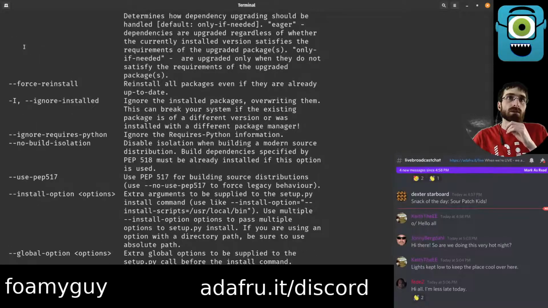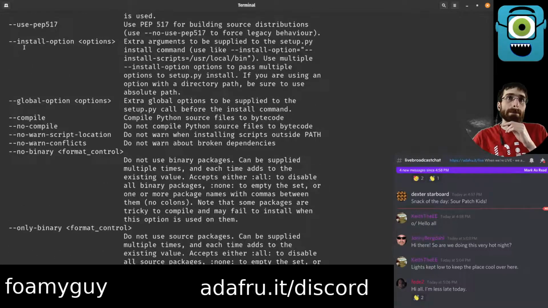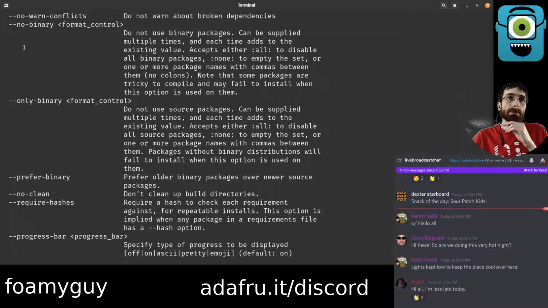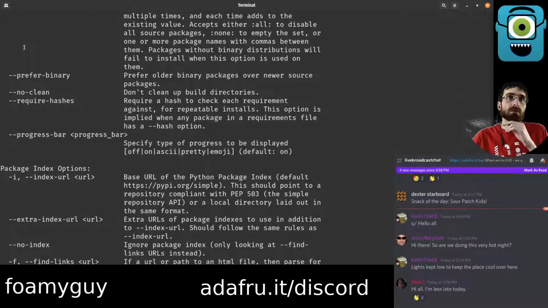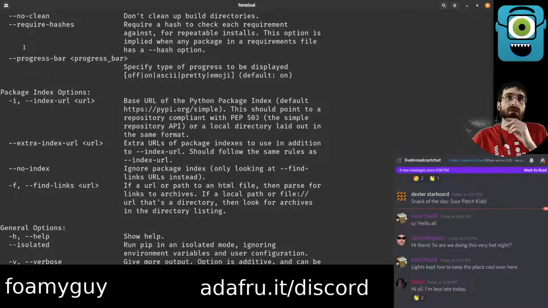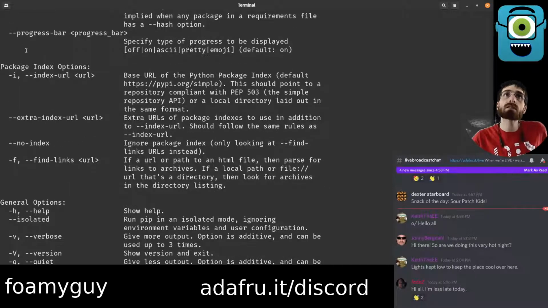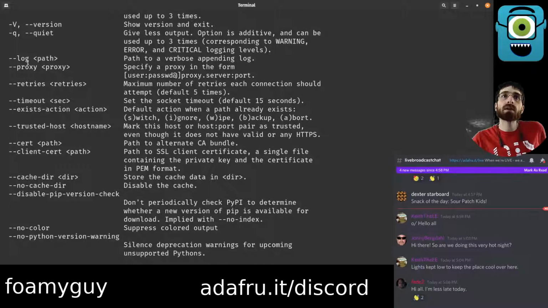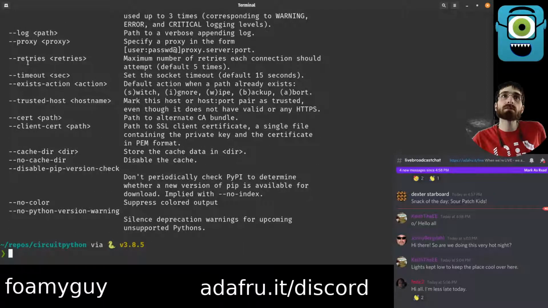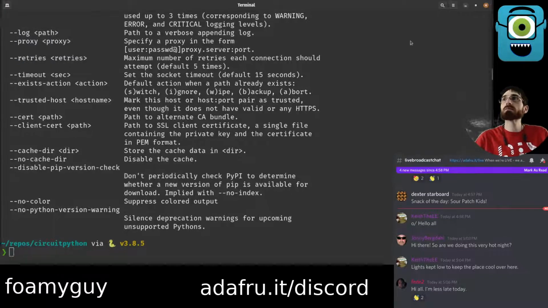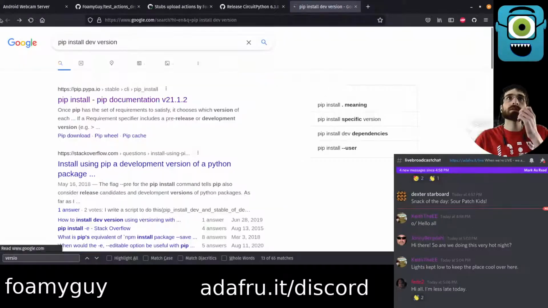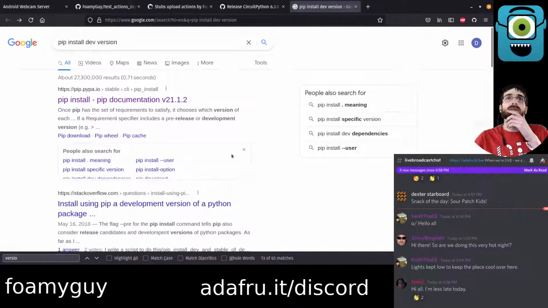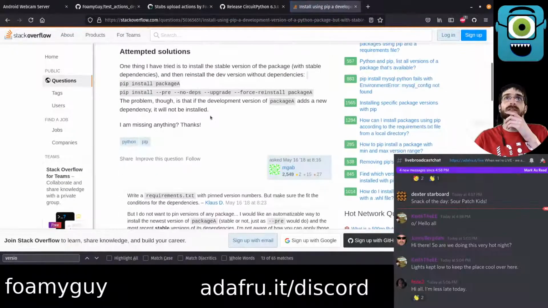Force reinstall. Yeah, maybe we should have stuck with the old Google. This is kind of a lot of ones just listed at the bottom here. A lot of this is way more general. Here, development version, Python package. This is probably